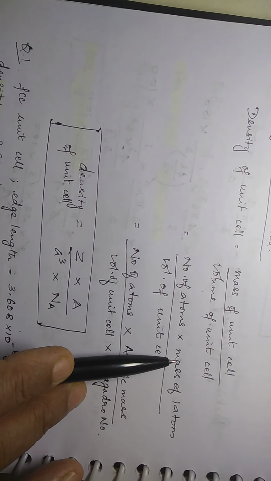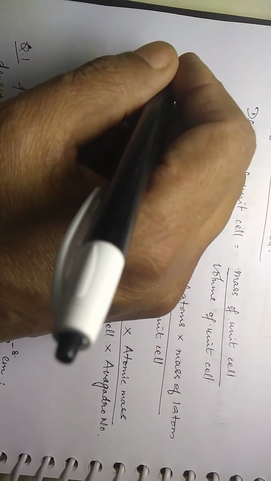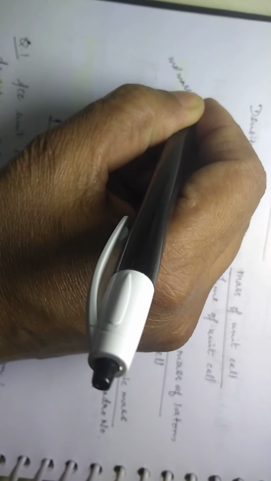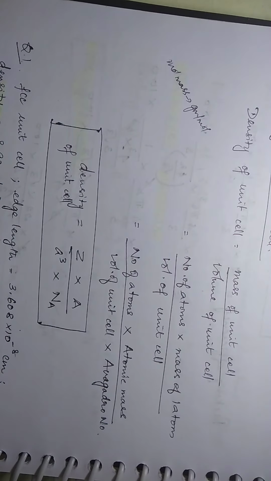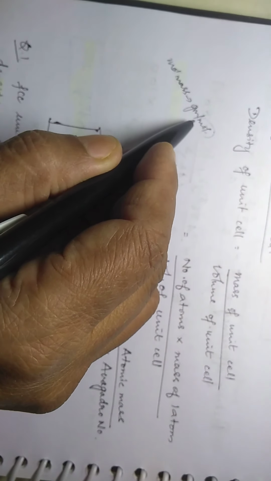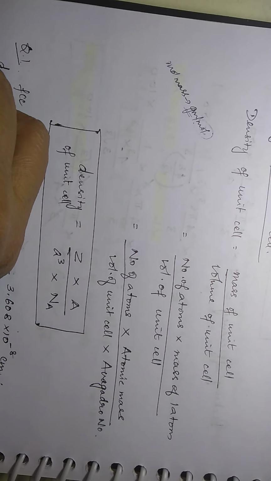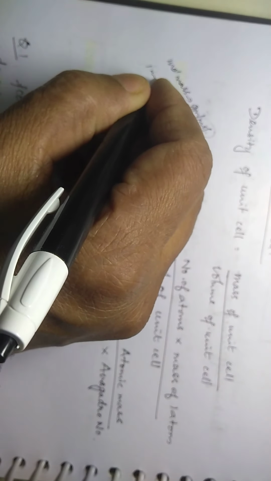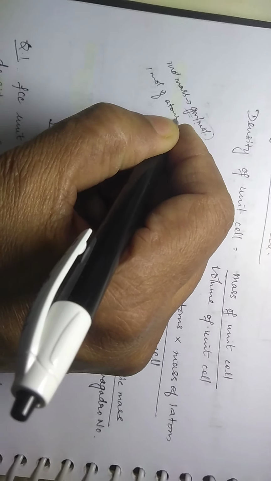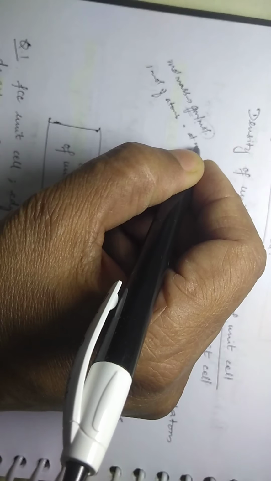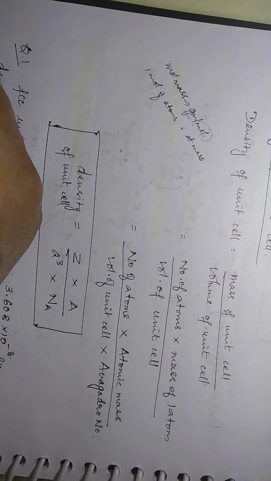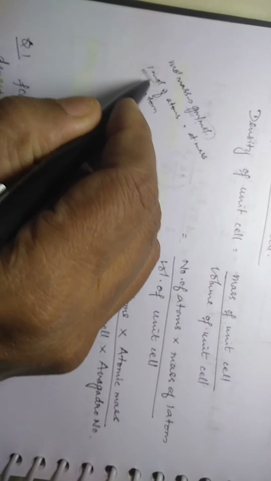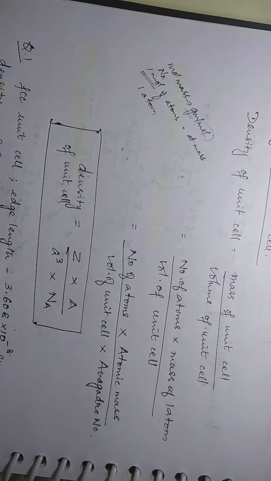What is mass of one atom? Yes, you know, molecular mass, when you write molecular mass, what is the unit? It is gram per mole, is it not? What does it mean? 1 mole of atoms is weighing this much. That is the meaning. Okay. Now if I am asking you mass of one atom, 1 mole of atoms is equal to atomic mass or molecular mass according to the substance you are talking about. And if I want to find out one atom, how many atoms are there in 1 mole of atoms? Avogadro number of atoms are there, is it not?